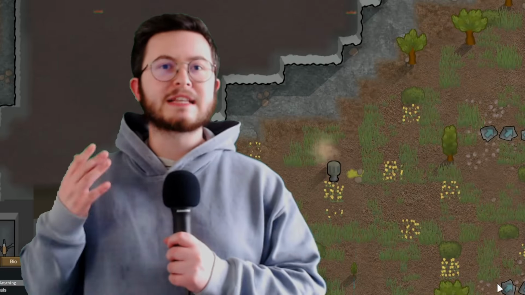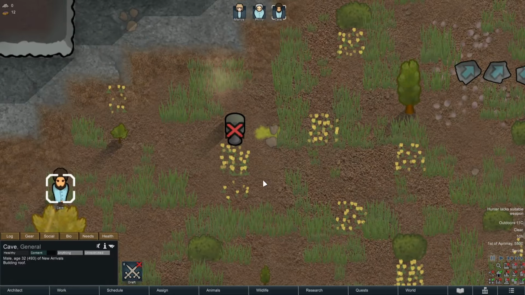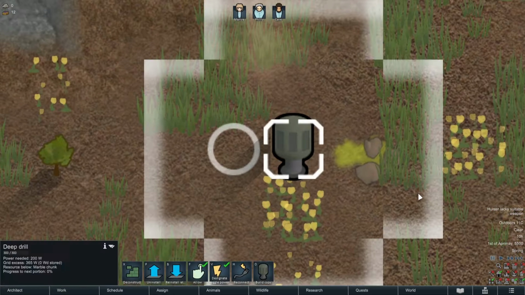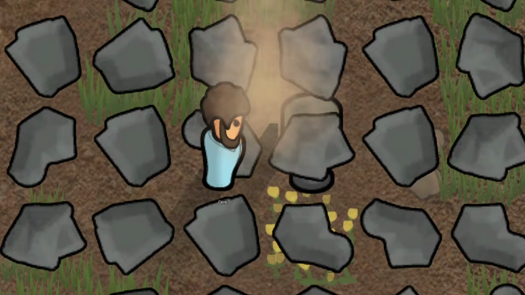Deep drilling. Love it or hate it, this is Rimworld's answer to infinite resources. It's fair, it's balanced, and it makes sense. But imagine this: you've just finished mining a vein of resources, and you've accidentally unforbidden it once it's finished. An absolute nightmare, it's not good, and now you've got an absolute shed load of stone chunks and you've wasted